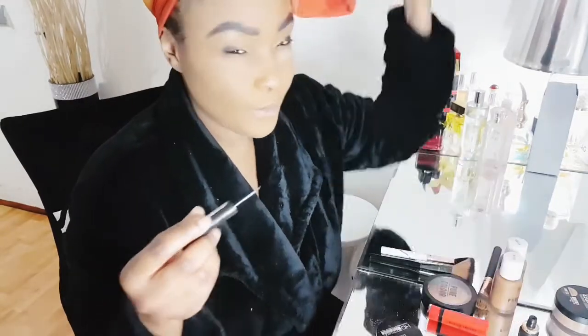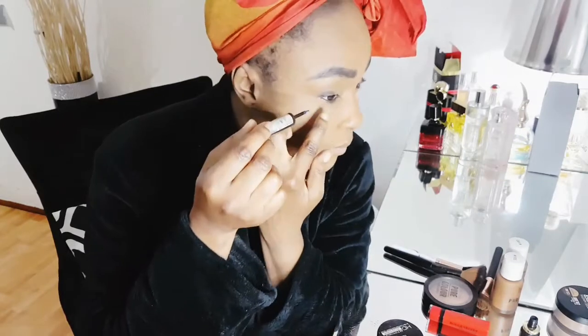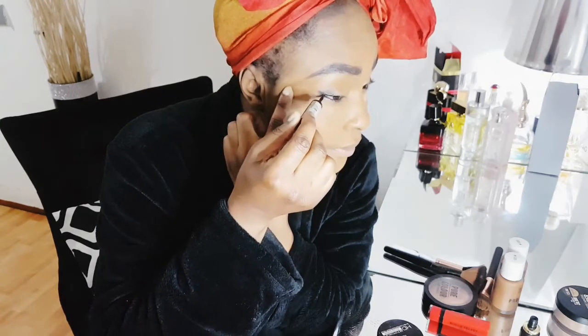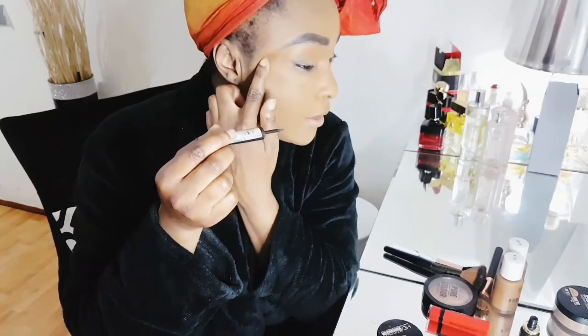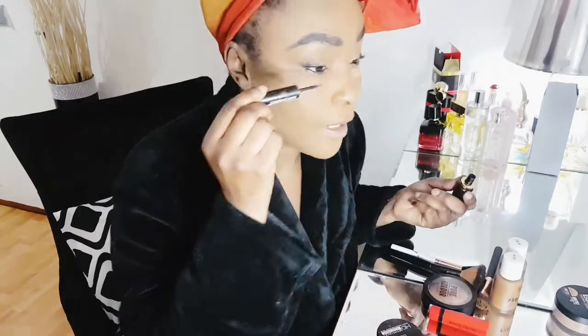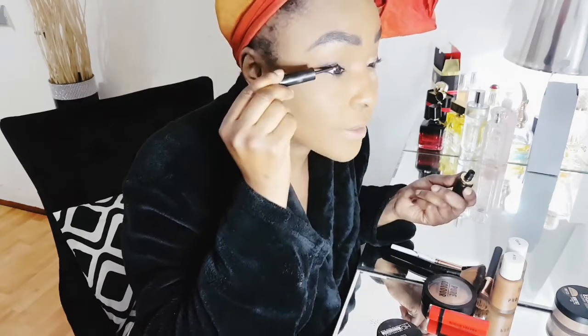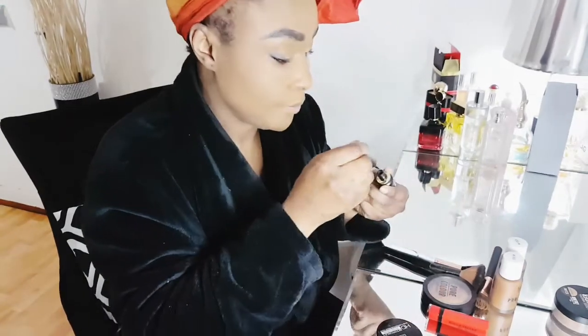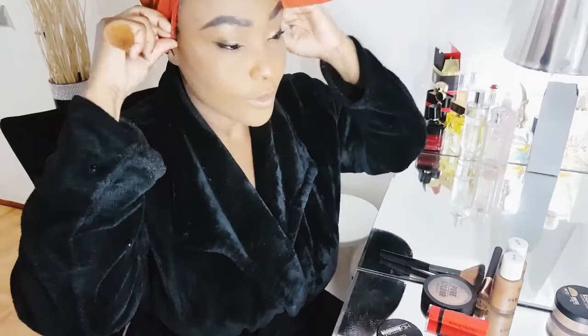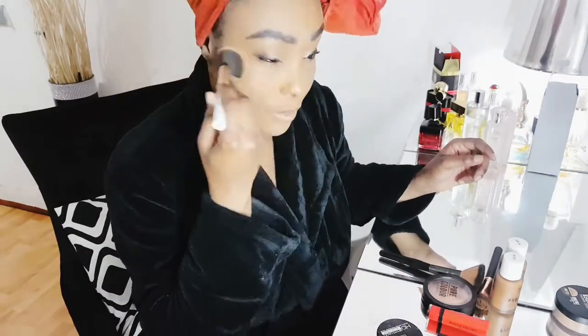Then I've got this cheap but goodie eyeliner. Do I want to put wing line? But I'll just put a bit of a, no, just follow my natural. And I already have got chinky eyes, so I'm just accentuating a tiny bit. Just gonna take that excess powder off. So now, really quickly,